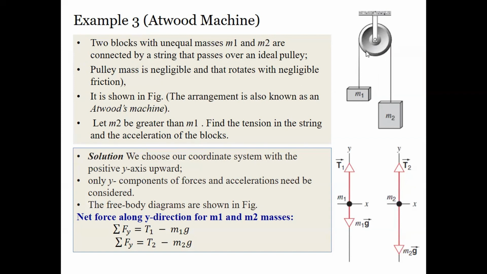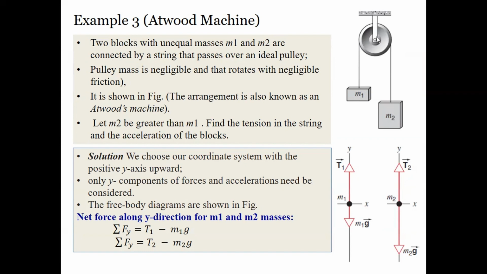Here we show a particular example in which two blocks of unequal masses, M1 and M2, are shown, and they are attached to one string, passing through a pulley,